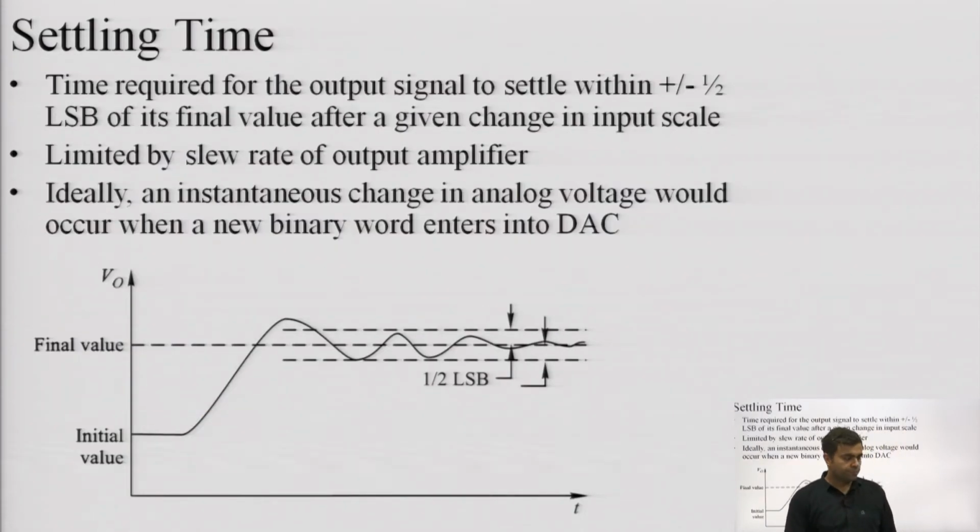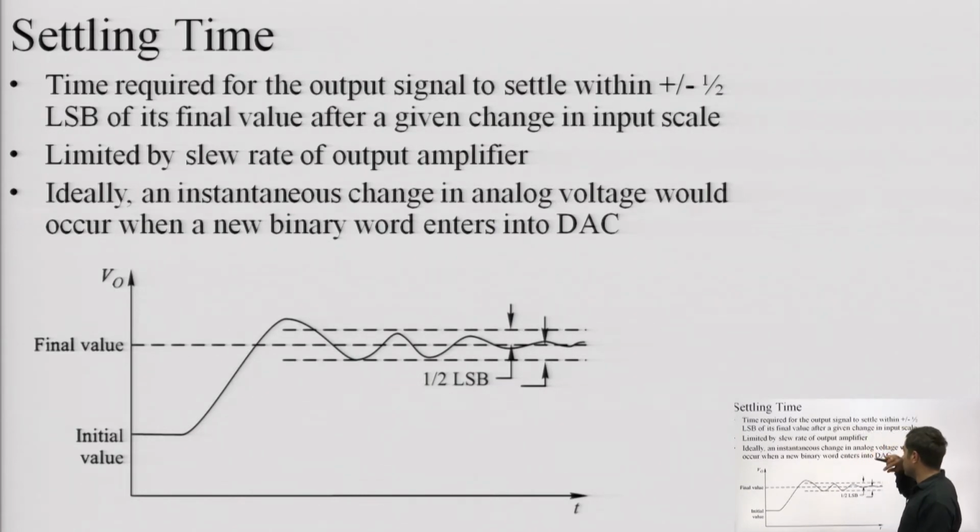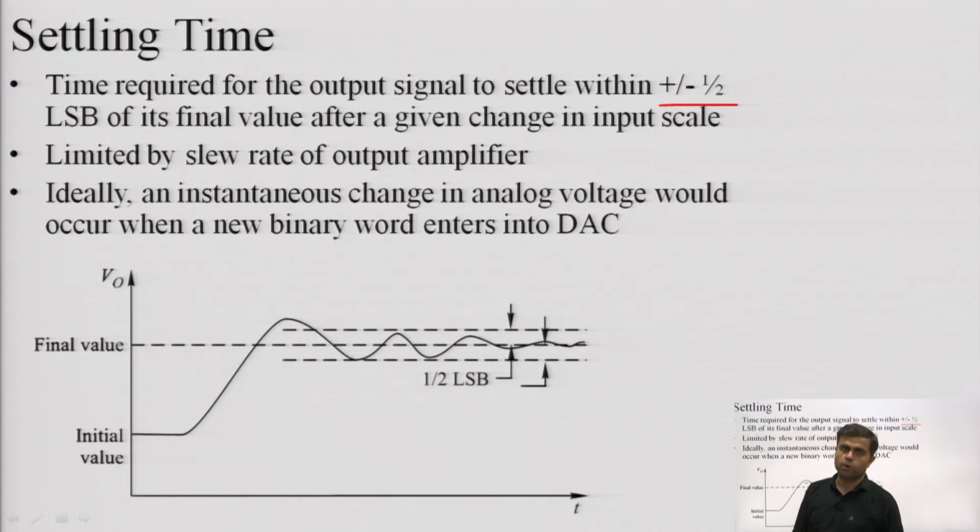Then settling time. So settling time is the amount of time required by the output signal to settle within plus minus 1/2 of the LSB of its final value. So if LSB is 1, then 1/2 is 0.5. So if my output has settled between plus minus 0.5, then we can say that my output will be considered settled. We will not be waiting till